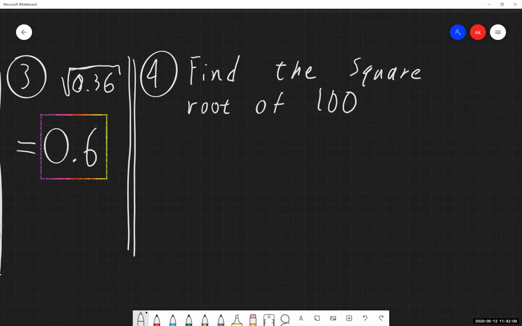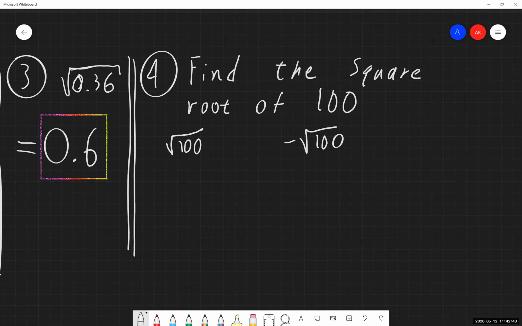And in this instance, we are going to be having two answers. We are told to find the square root of 100. We are not told if that is the positive square root or the negative square root. So that means we have to list both the positive and the negative answers to this. You say, okay, what's the positive square root of 100 and what's the negative square root of 100? Because we don't know specifically which one they're asking for, so we have to give them both.